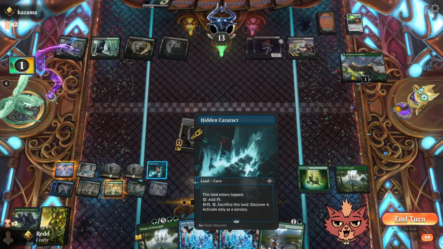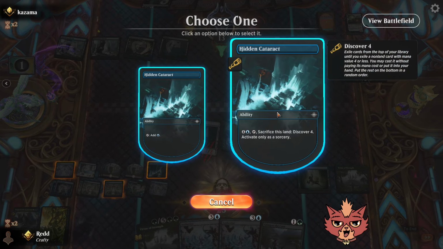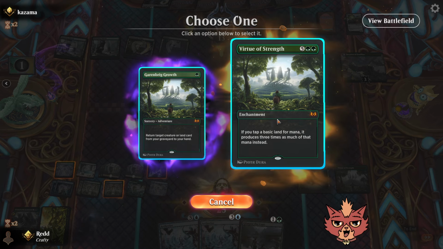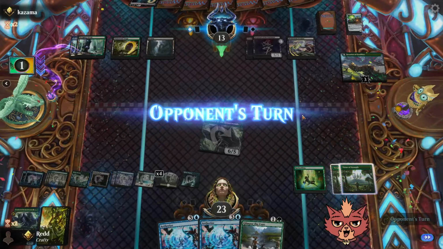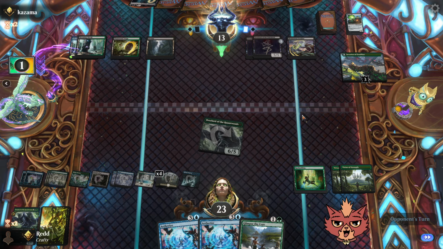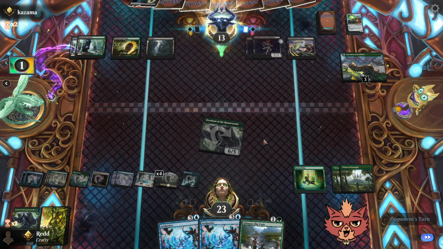Okay, and then we still have Discover 4 on the Hidden Cataract. Or we could just keep the Aetherize and stuff. No, they're out of creatures. We could play the other Virtue. Yeah, they probably don't have a way to pop both of them this turn. That's fine. All right, we have all the mana. Let's see those doppelgangs. Oh, man. Discovering on these could also run us into doppelgang, but we just put it into our hand instead, so...